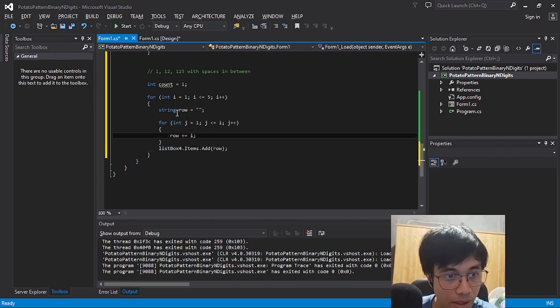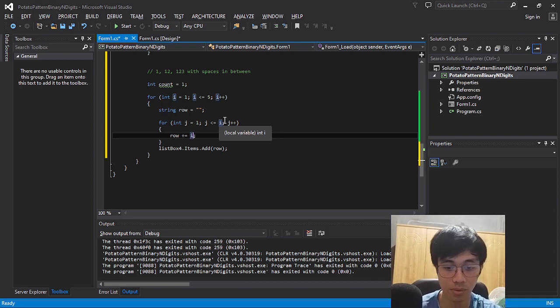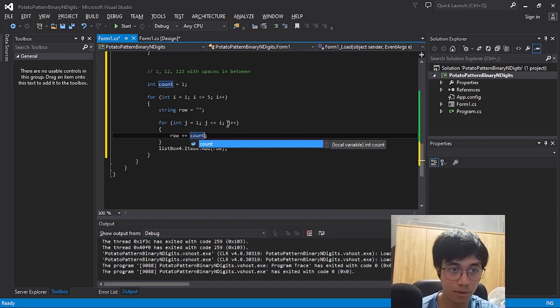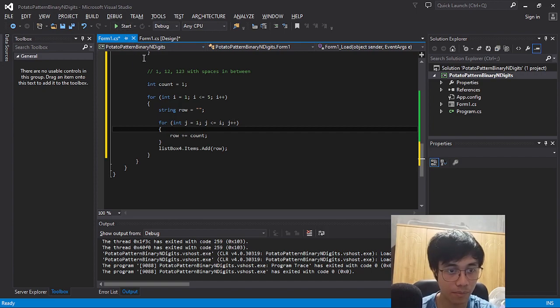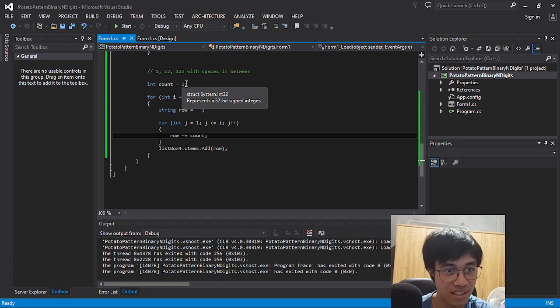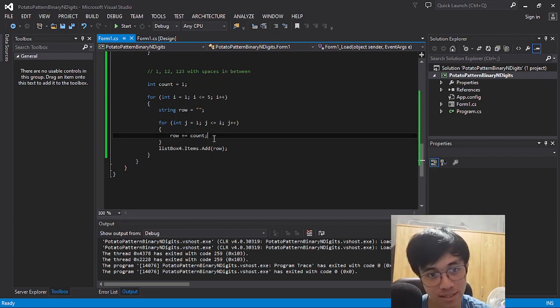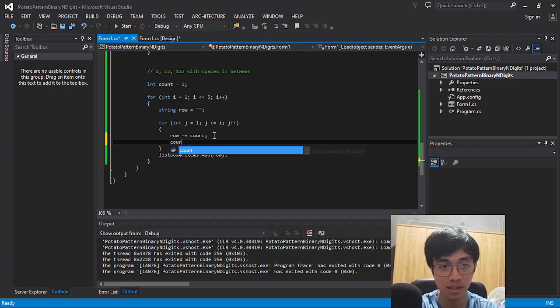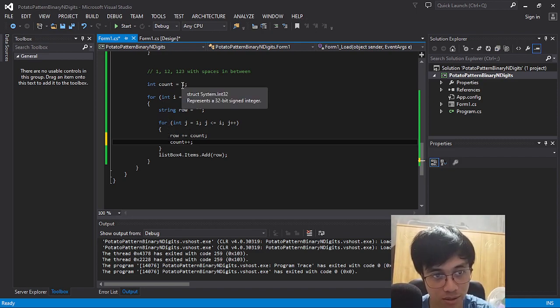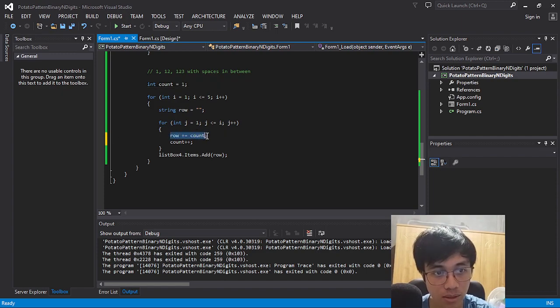Now, ano pa? Atin baguhin to. Listbox 4. And then we have to know kung ano ilalagay natin. So ilalagay natin dito is count. Okay? And then pwede na natin sigurong ipakita sa inyo. So nasa 111 siya. Ang dahilan is ang count natin is 1. Hindi siya tumataas. So ang kailangan natin gawin is after na ipakita yung unang count sa baba nun, lagyan natin ng count plus plus. Since ang gusto natin mangyari is ilabas muna yung 1, and after ilabas yung 1, tsaka natin siyang